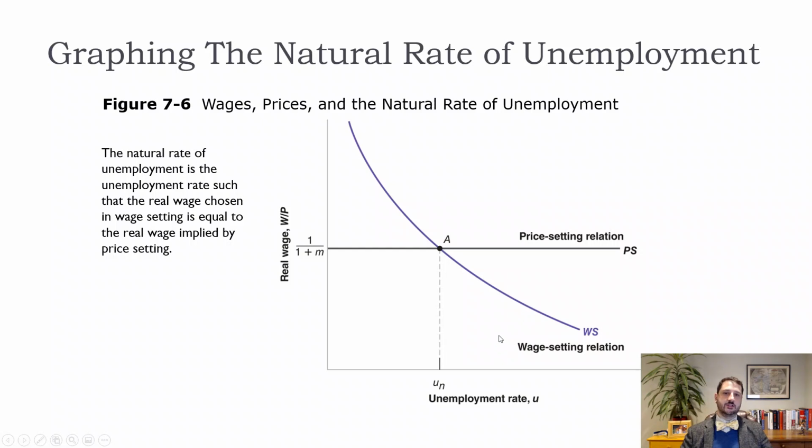Again, this is a model that's going to allow us to think about what happens when something shifts, right? So when either the wage setting relation shifts or the price setting relation shifts. And the price setting relation is only going to shift when m changes, right? Because that's the only variable in that relationship. So when m goes down, the real wage is going to go up. We're going to shift up, and we'll have a lower natural rate of unemployment. So this is interesting because this implies that more competition will actually reduce the natural rate of unemployment. And then less competition, when m goes up, that's going to shift it down, and so we'll have a higher